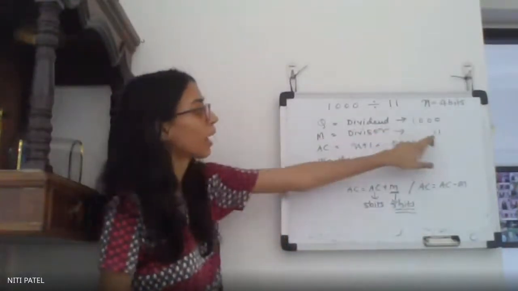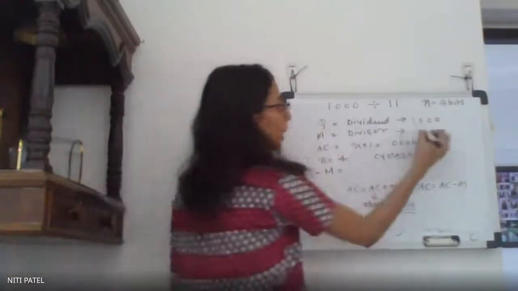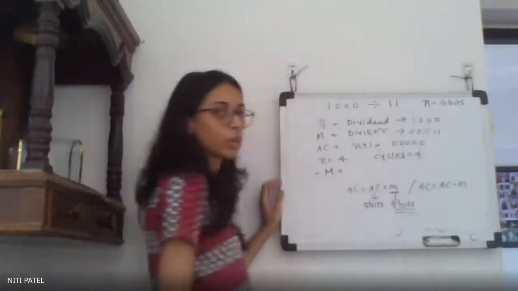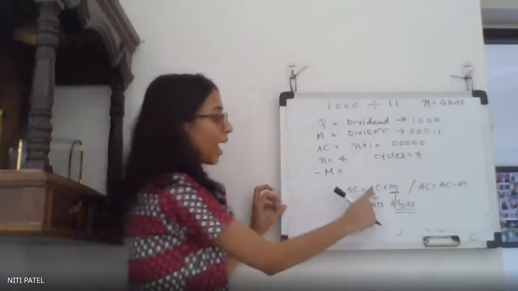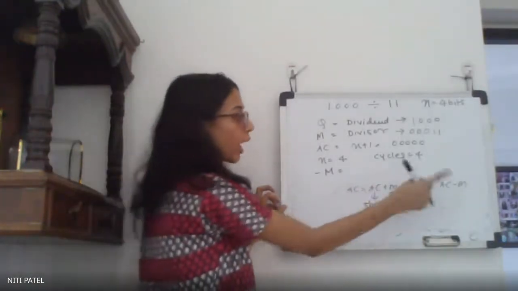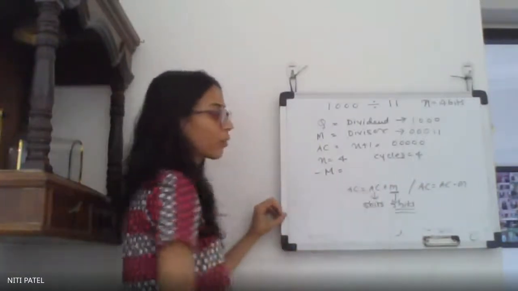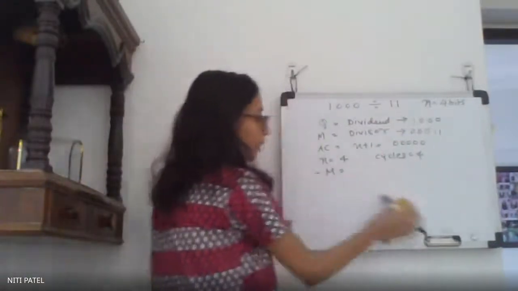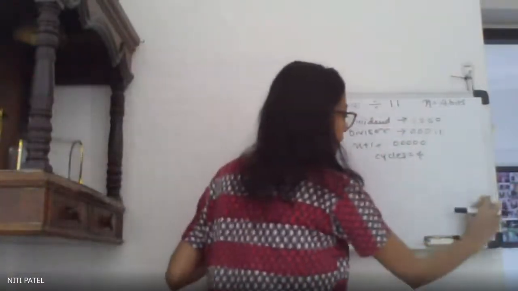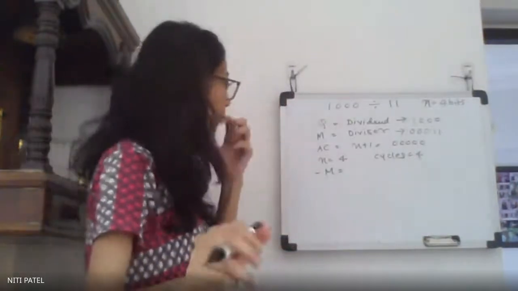Is my M of 5 bits? No, it is only 2 bits. So for the remaining bits, I have to append 0 and make it 5 bits as well. Why? Because I am going to add to or subtract from the contents of AC, and since AC is 5 bits, I have to make M also 5 bits. I did that by appending zeros.